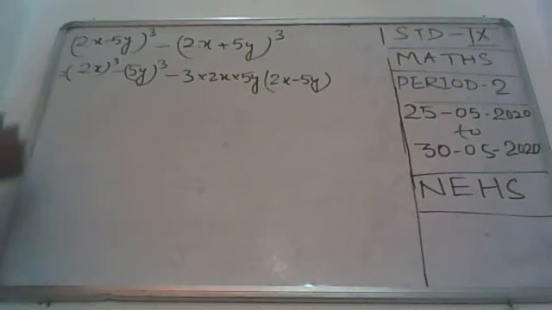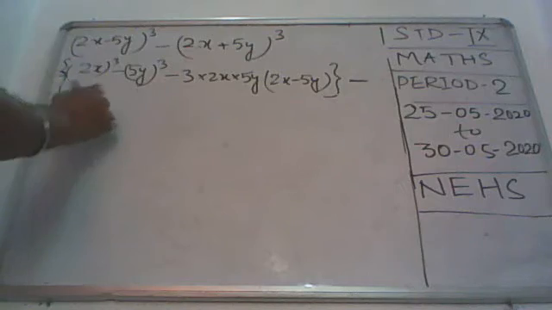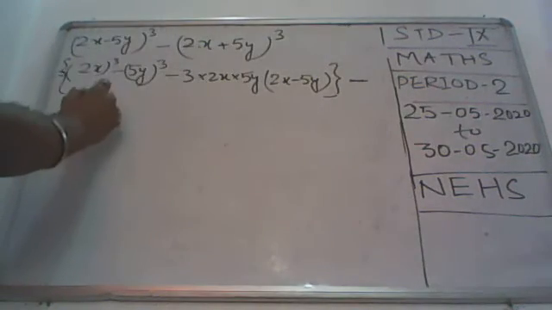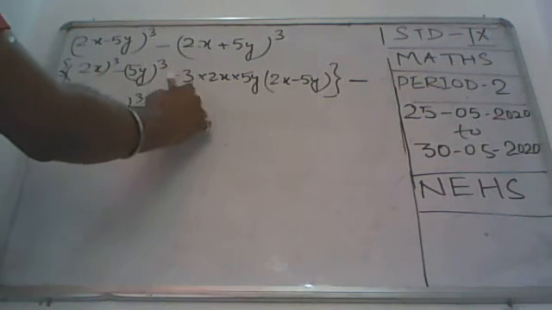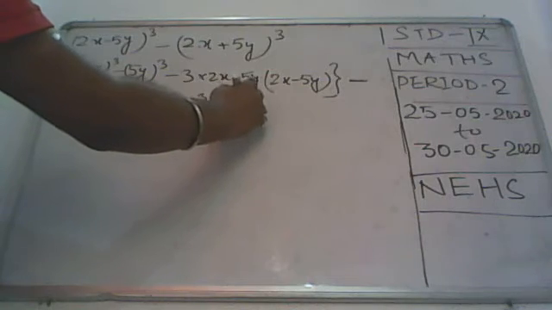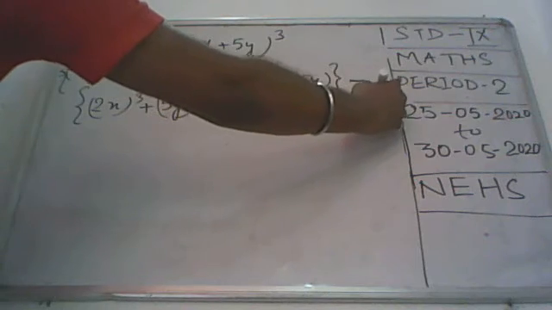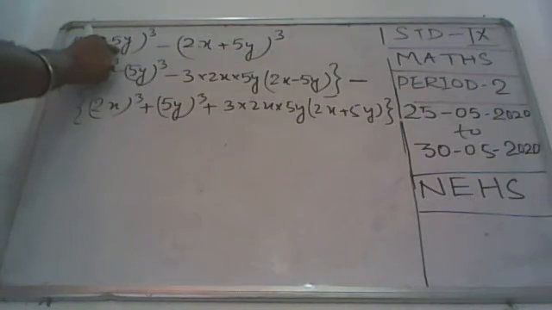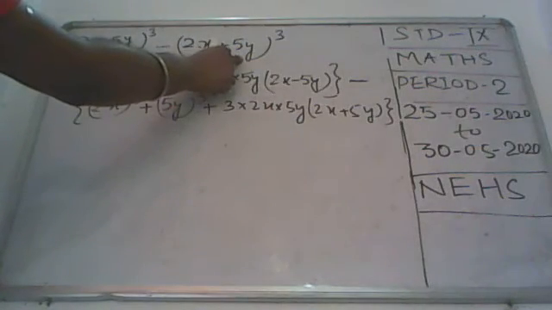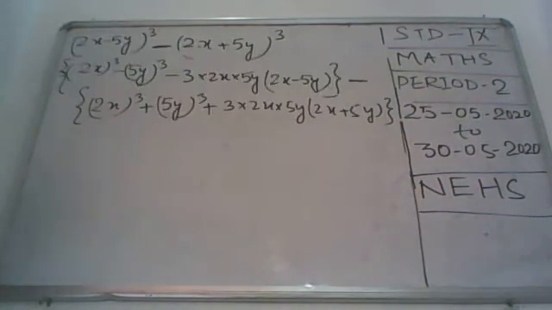Then this minus sign stays here. Here this is (a plus b) whole cube, then a cube plus b cube plus 3ab into (a plus b). This is a single cube of a binomial. This is also a single cube of a binomial, and then they are all connected by this minus sign. So we have done it by using the formula. After this, simply solve it.